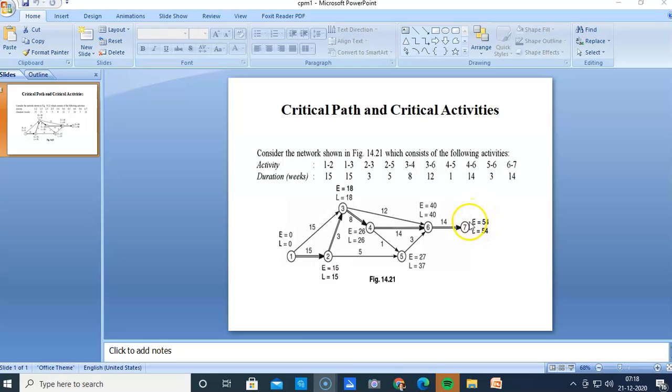So here the total project duration is 54 weeks. So we cannot delay these activities: 1 to 2, 2 to 3, 3 to 4, 4 to 6, and 6 to 7. These are critical activities, and this is the critical path, and this is the total project duration. So this is how we do the computations in the critical path